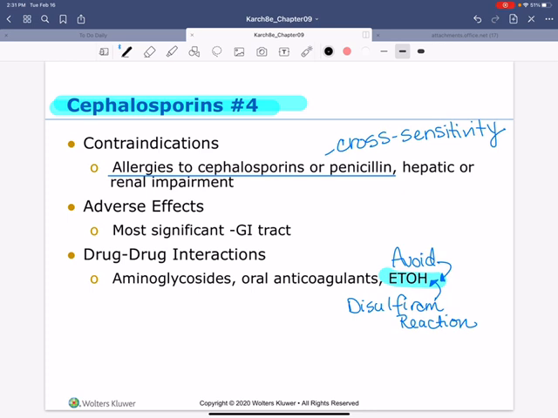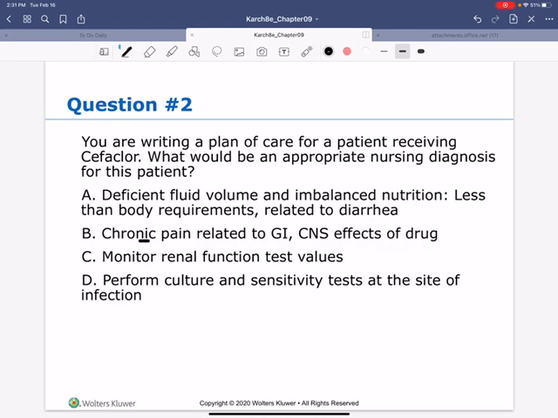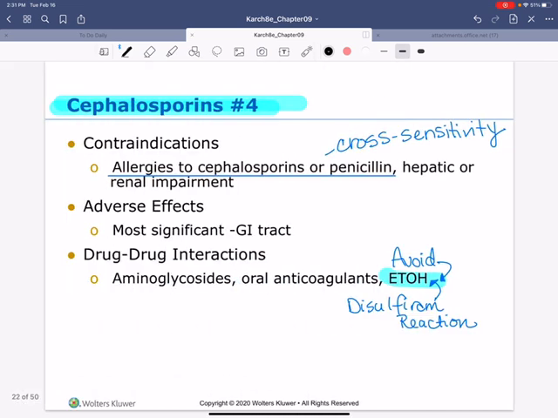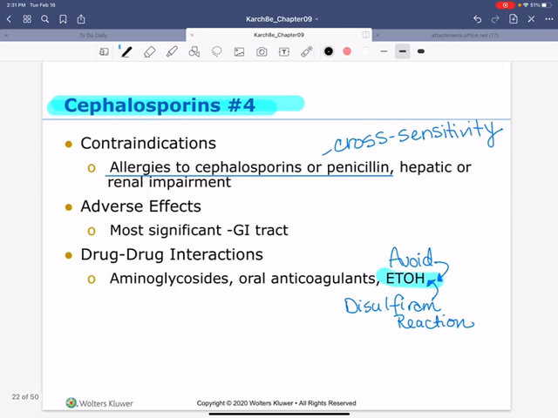And with these drugs, you can have a lot of GI side effects, like severe diarrhea. Now, again, many times it'll go away. It's not really known for causing C. difficile. I would tell patients, if you have a little diarrhea, it usually will go away. If it doesn't, then you need to call. I just remember giving my son this when he was a baby, and he had horrible diarrhea with it. But he finished it,